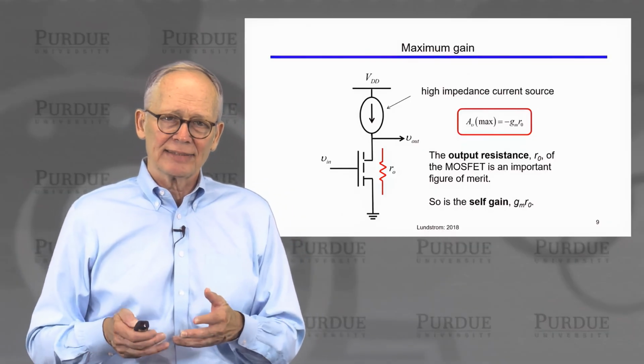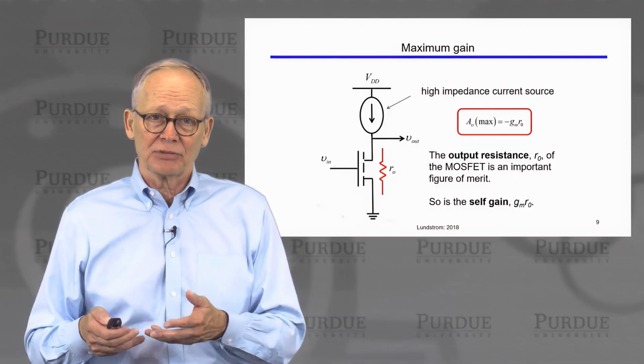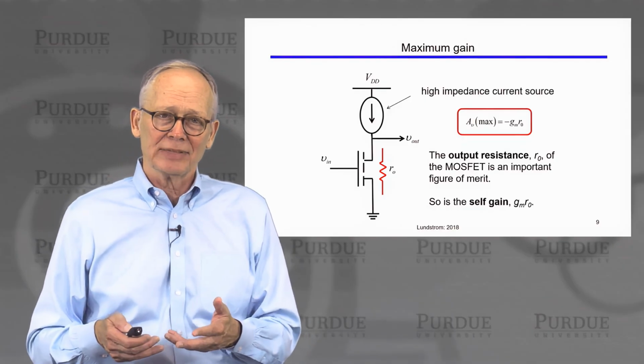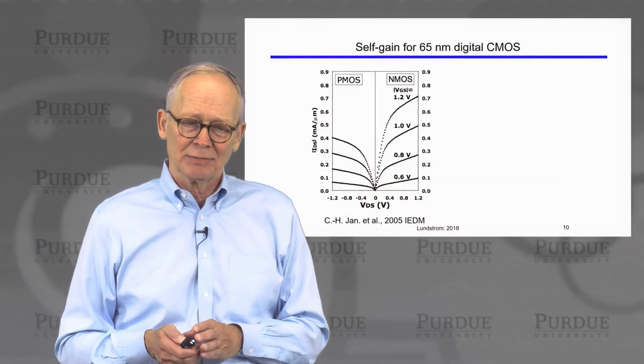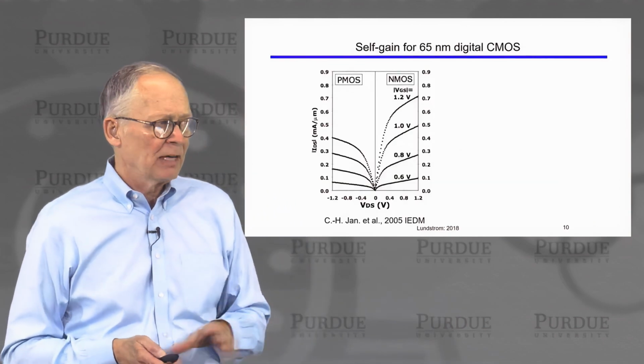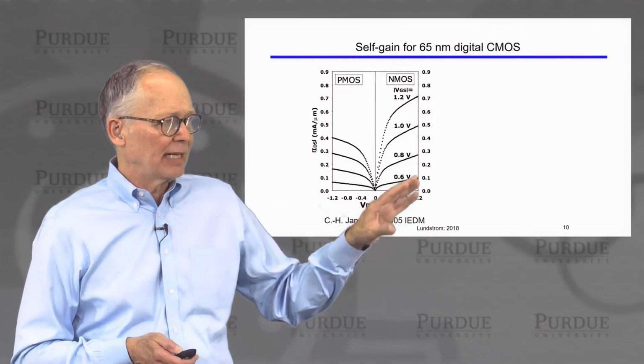It depends on the transconductance of the transistor and on the output resistance of the transistor itself. It's intrinsic to the transistor. No matter how clever you are with the rest of the circuit, this is the maximum gain that you can get out of it. All right, so just to make this concrete, here is some CMOS technology from a few